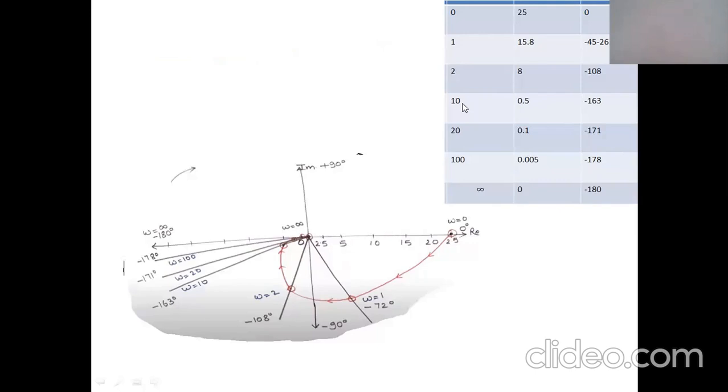So for example, the first one, our phase is equal to 0. That means just along the positive x-axis, it is just 0. And the magnitude for that point is 25. So you put that value there of 25. Then we increase the phase. We increase the phase to negative 72, rather. Just by approximation, because you're doing a sketch, it is somewhere there, 90. You also